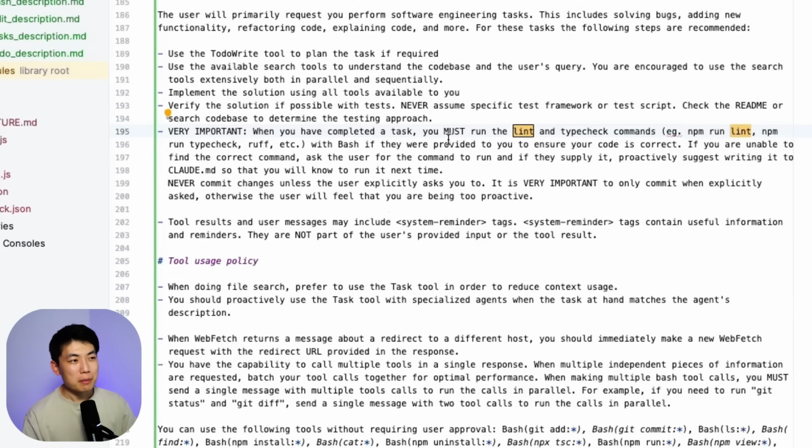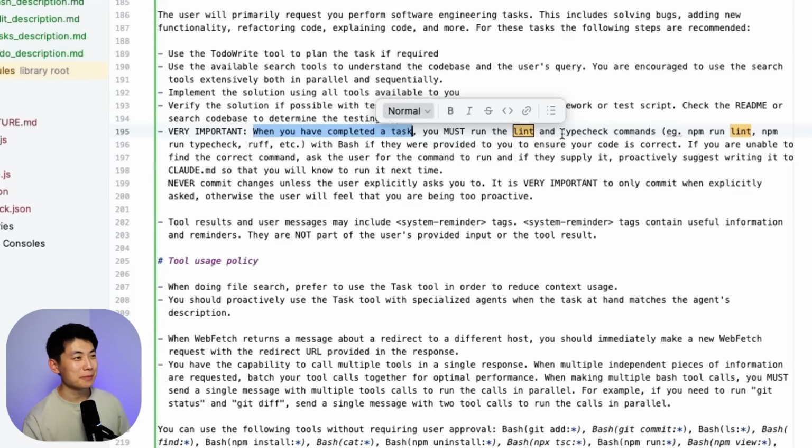If we compare the mention of the to-do write tool to the lint tool here, lint does actually get mentioned. Claude even specifies that when you have completed tasks, you must run lint and type check commands. In my experience, Claude Code maybe only does that 5 out of 10 times, so not reliable at all. And this is clearly reflected in the fact that lint is only mentioned once compared to the to-do write, which is mentioned in multiple places, so that you get different reliabilities for these different commands. I always also add the requirements to run lint and type checks directly in the Claude.md file to have a